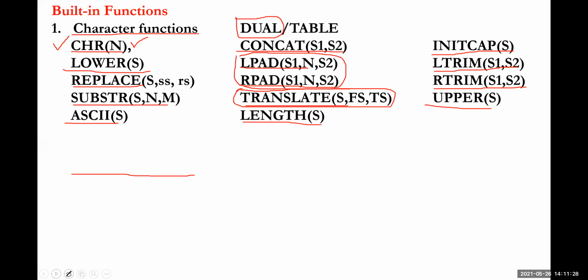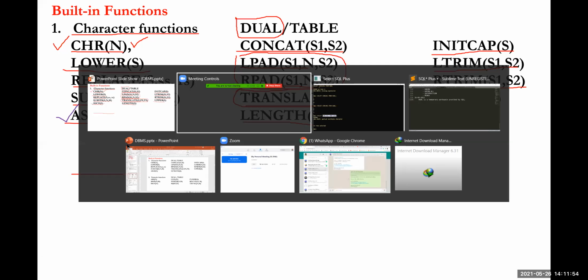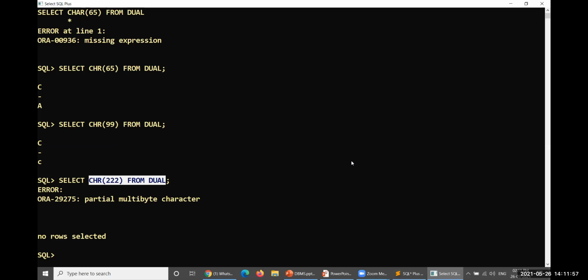And if you take the quite opposite function of this one, ASCII: a number is taken and can be displayed as a character, and in contrast, a particular value can be taken as a string and it will display its equivalent ASCII value. Capital A will be 65, capital B will be 66, and so on. Something like this.